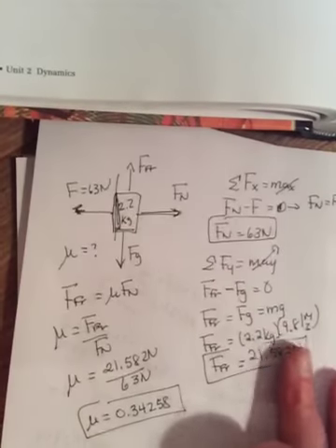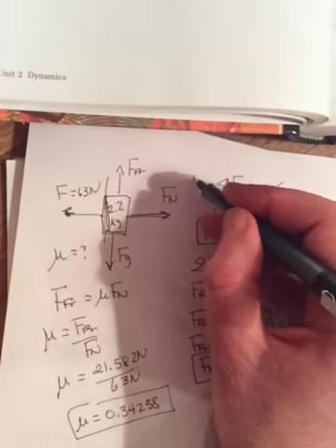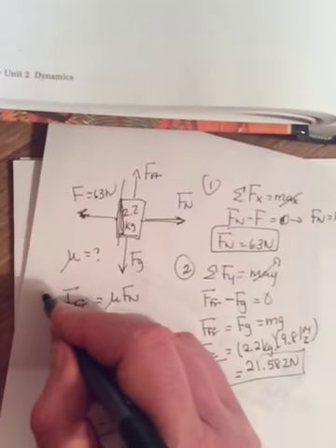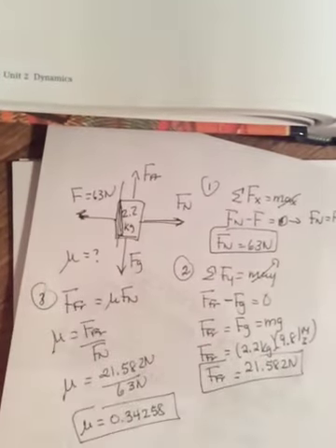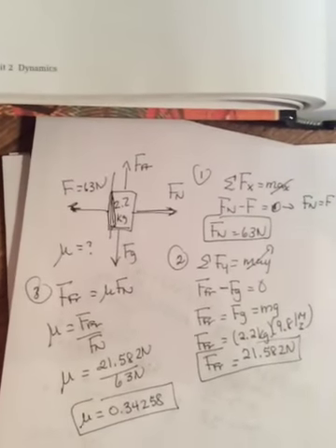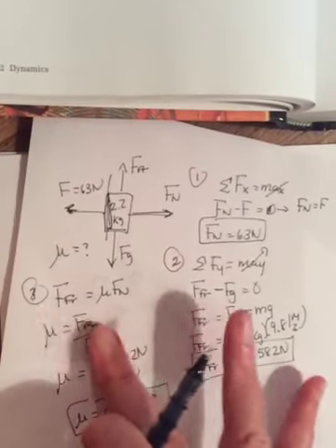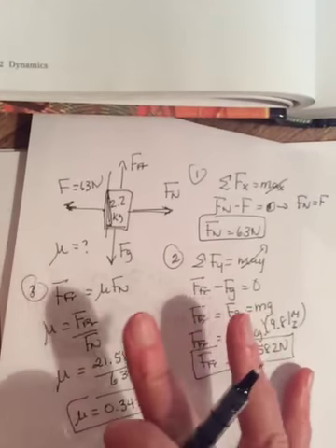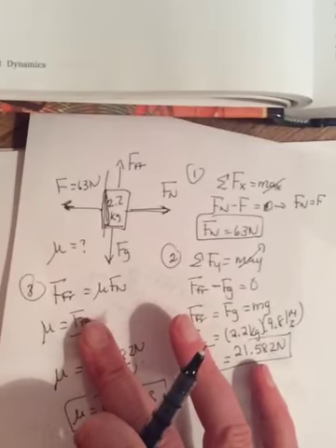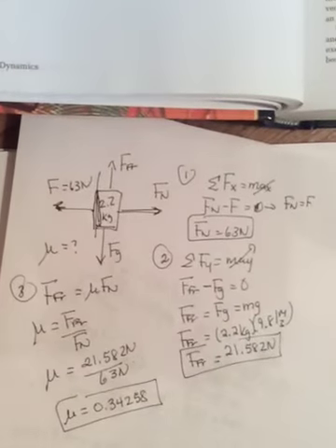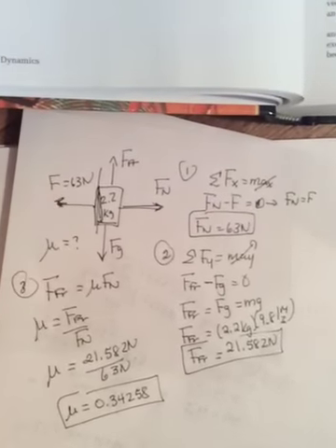Okay? All right, so hopefully you're getting the hang of that. Really there's 3 basic steps: sum the forces in the y, sum the forces in the x, and Ffr equals mu Fn. Usually the first step is to find Fn, and then which of these two you do next depends on whether you're given mu or you want to find it. Okay? So I have some more examples that you can look at, but tonight I'd like you to work on